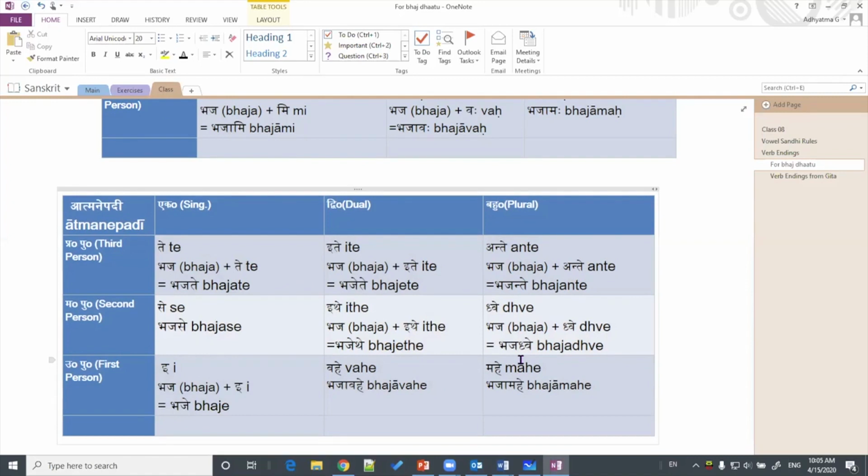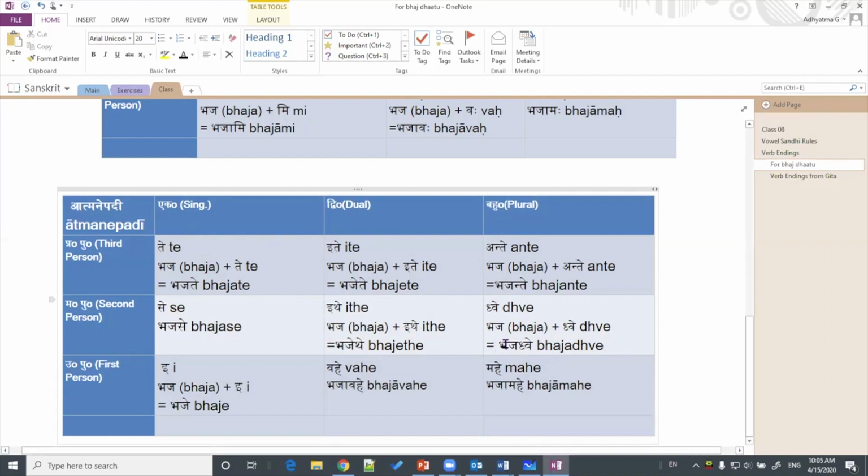So the question is, for verbs, usually we give the root and the third person singular. In case of bhaja, which one would you give? Good question. When you see the bhaja entry in a dictionary, it will show you that it's both parasmaipadi and atmanepadi. It means it's ubhayapadi, and it will give you the ending for both. It will tell you bhajati and bhajate. So it will generally have both entries.